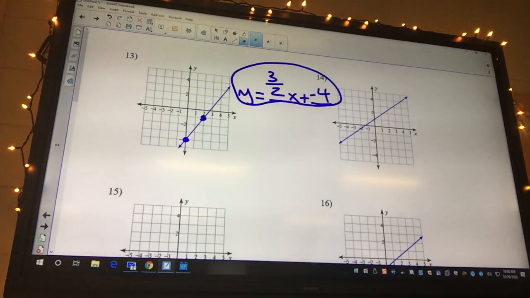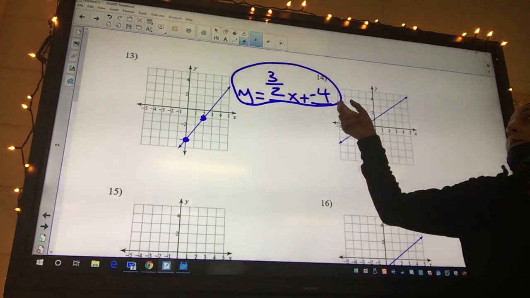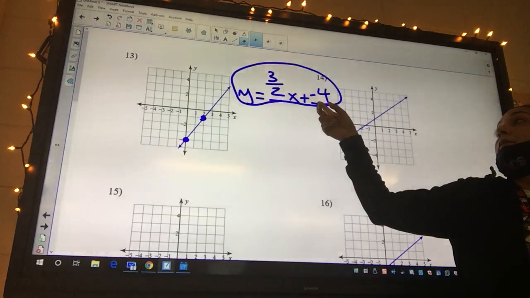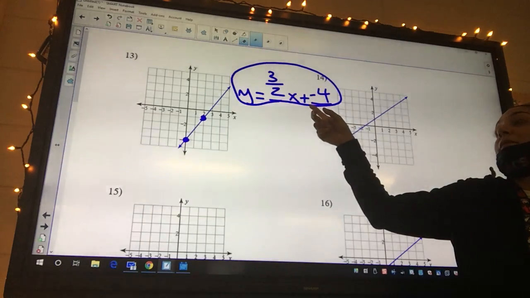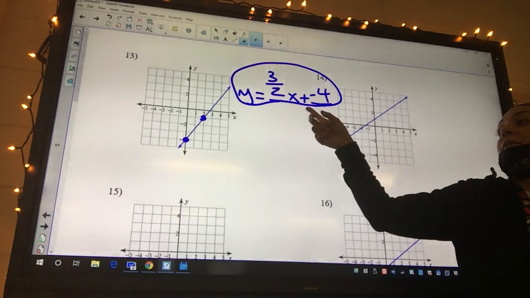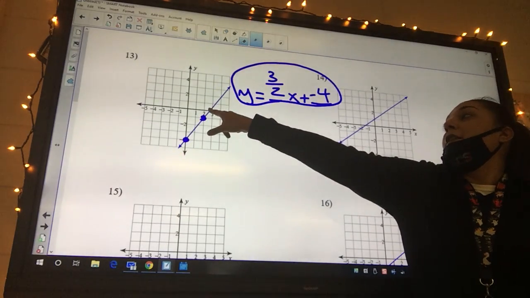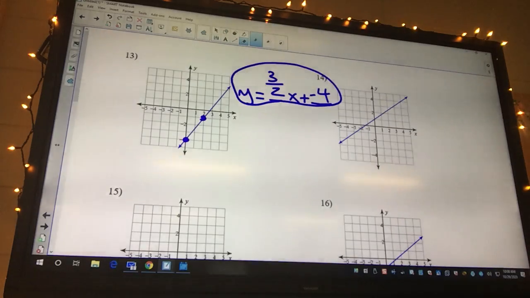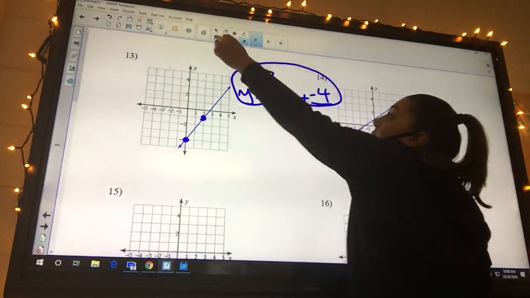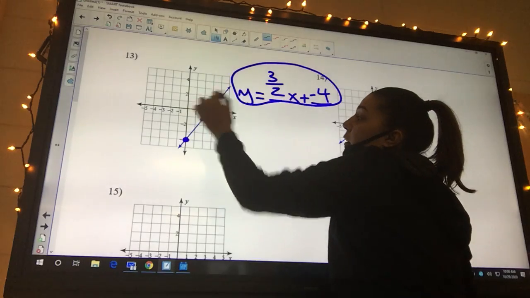What she's saying is that you put your B where? Your y-intercept. Yep, I did that. But then when I went to count the slope, I used the wrong point. I actually used the x-intercept, what I thought was, but you see, this is not right here. So you can't use this one, and the reason is because it's not on